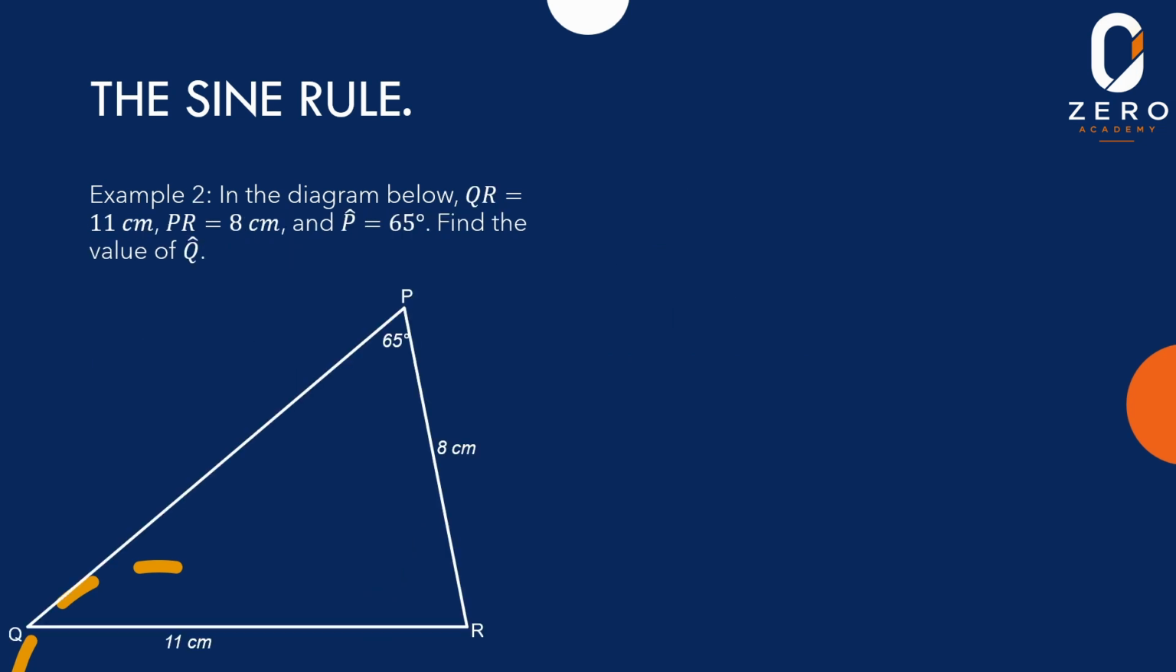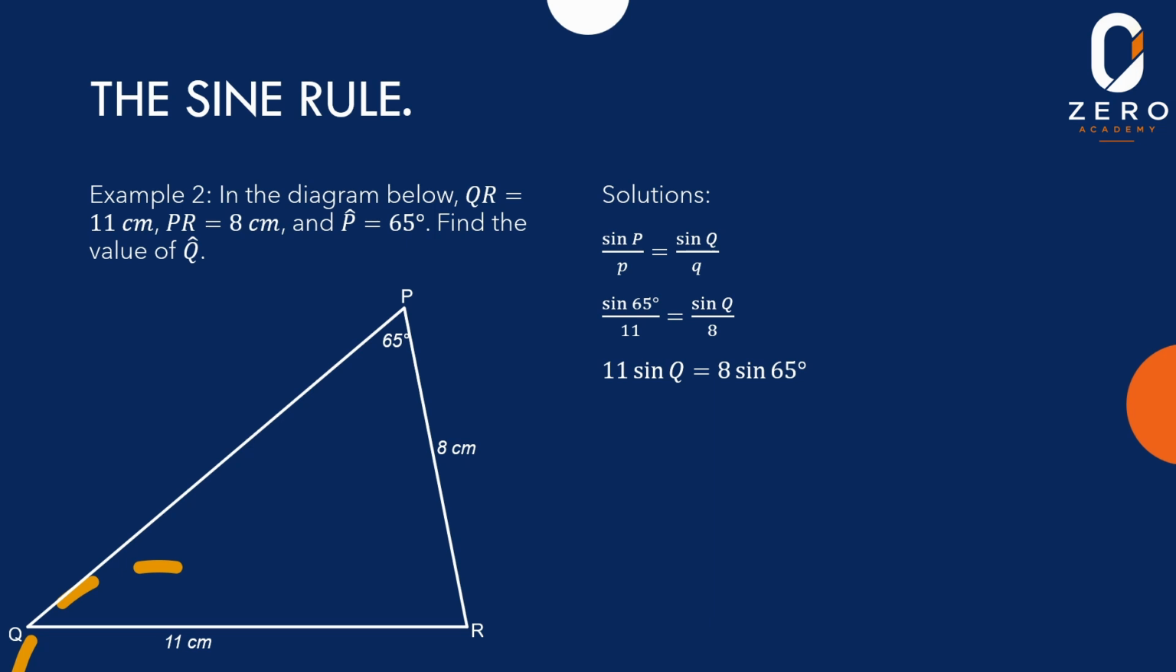In the diagram below, QR is equal to 11 centimeters, PR is equal to 8 centimeters, and angle P is equal to 65 degrees. Find the value of angle Q. Again, I'm going to write my formula. Sine P over p is equal to sine Q divided by q. Sine of 65 degrees over 11 is equal to sine of Q divided by 8, and cross multiplying, I'll have